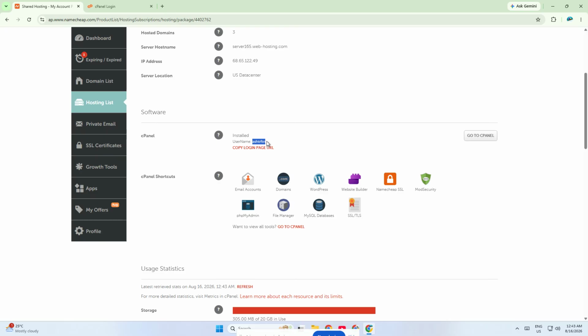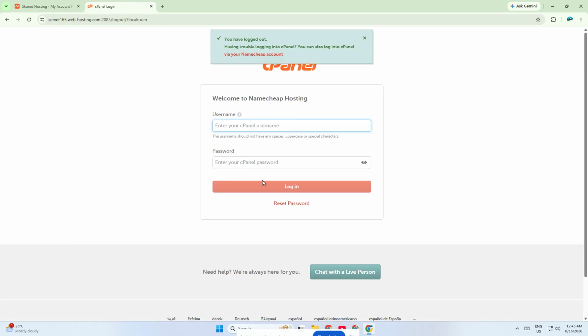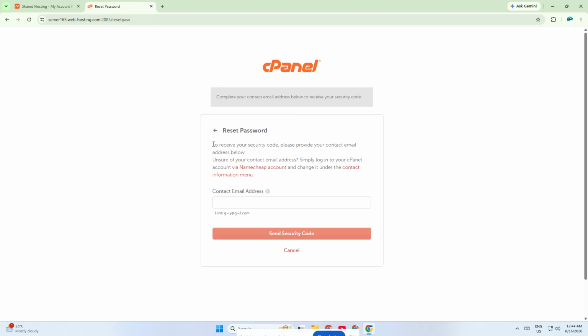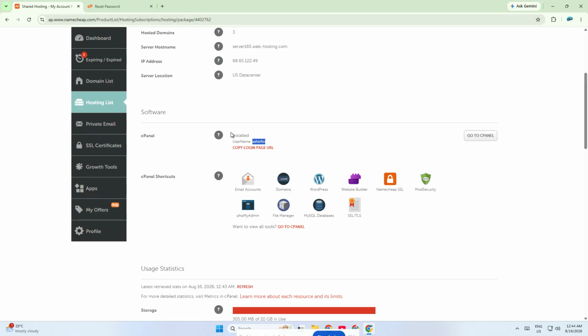Look for the Reset Password option in your hosting account settings. Click it, then enter your cPanel username when prompted. Namecheap will then guide you through the verification steps so you can create a new password. Follow the instructions carefully, choose a strong password, and save it somewhere secure so you don't lose it again. Once the reset is complete, you can use your cPanel username and the new password to log in to your